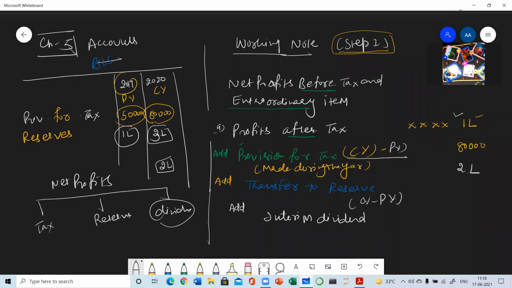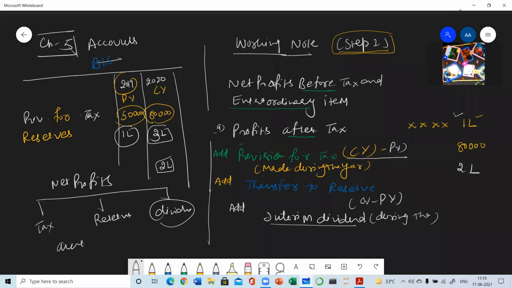But sometimes the company may have excess profits during the year. All the major companies, the MNCs or the big companies, are not only preparing their statements at the end of the year. Some of the companies are preparing their statements quarterly, meaning at the end of every quarter, to know the profit or loss of each quarter. Or some of them are making their financial statements half yearly. So any method you can select. Sometimes the interim dividend is declared. Interim dividend means dividend declared during the year. In the same year you have declared the dividend and in the same year you have paid the dividend. So this will also be added.